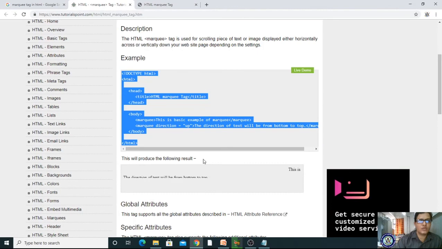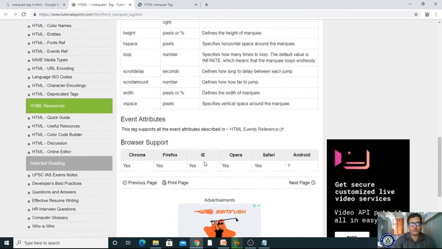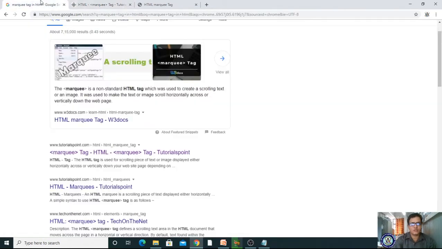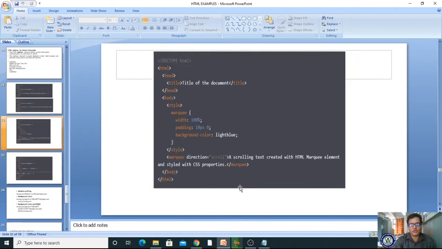So that is your first element, and next it also has some special properties. Based on those special properties, you can identify some behaviors. Already we have seen up and down. Now we will see the scroll property.